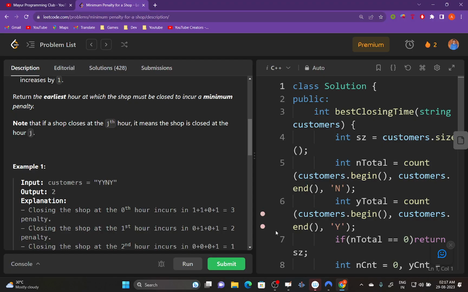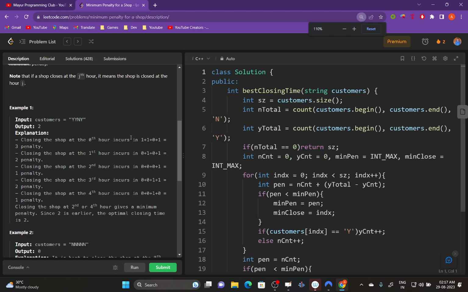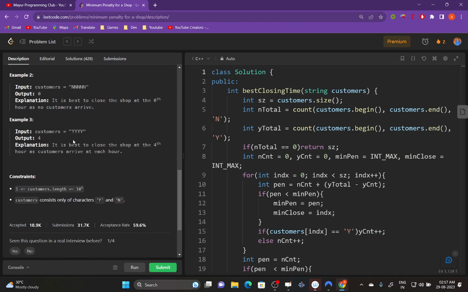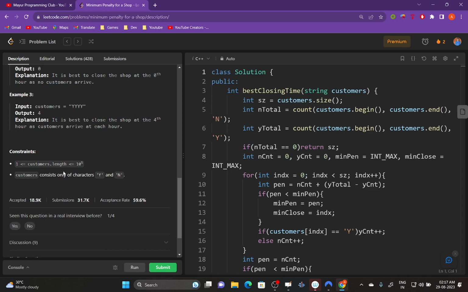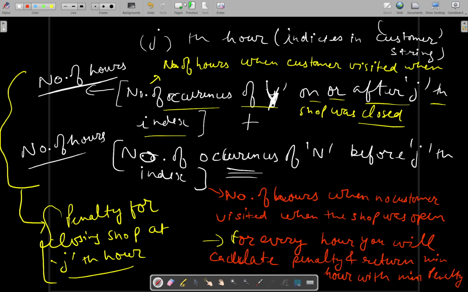Now let's have a look at the implementation of the solution. You may also want to see the constraints before writing the solution. Since we are doing a single traversal of the customer string, it will be linear time complexity, and here the length of the input is of the order of 10 raised to power 5. So it will be accepted. Why will it be accepted? Because